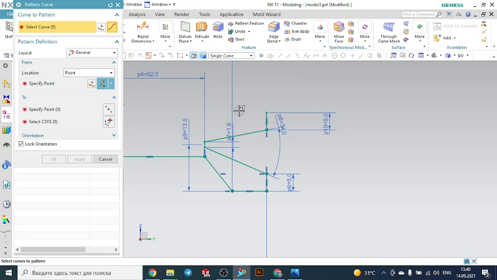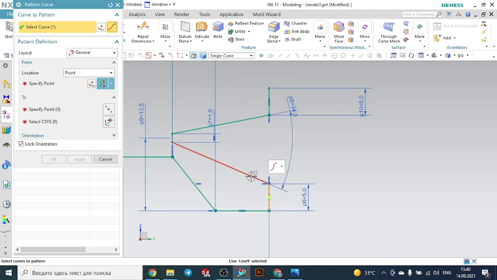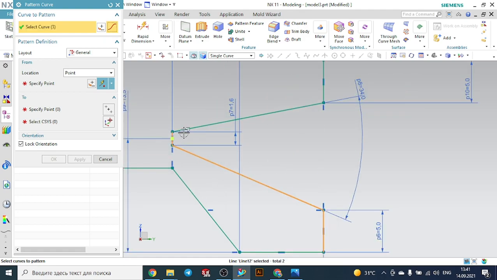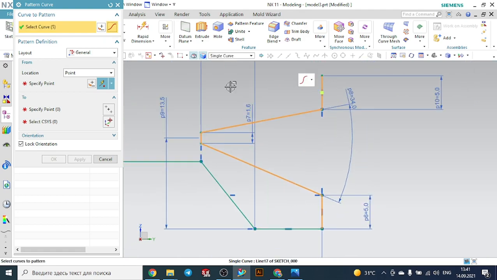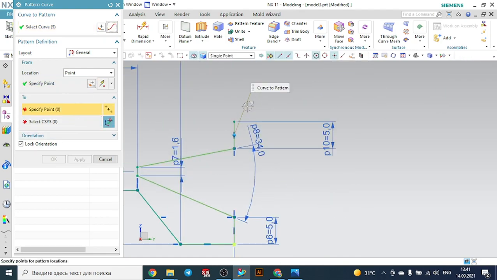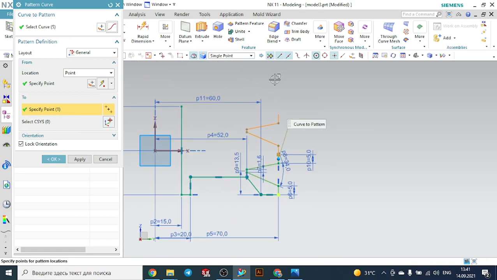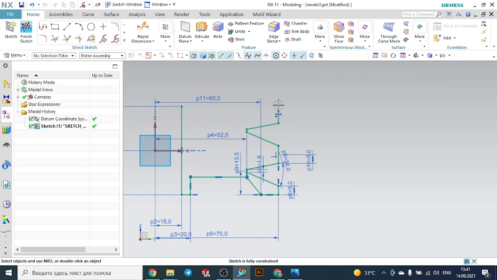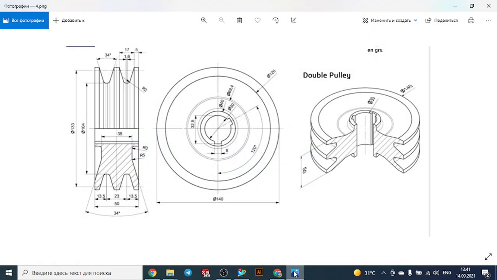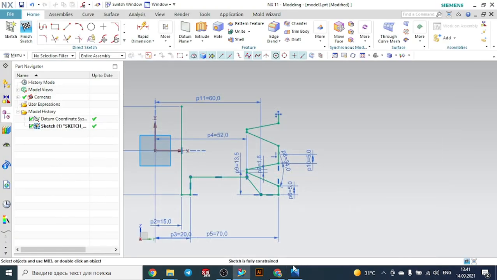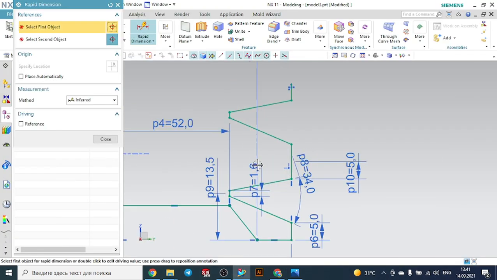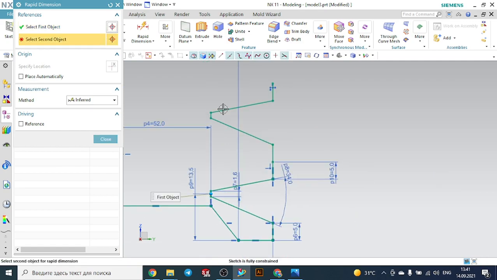So we can start from here, here, here, as a start point, select this point and specify the point is this one. You see, you obtain this one. Press OK. Now we can define the other dimensions. So distance is 23 here. So distance from center point